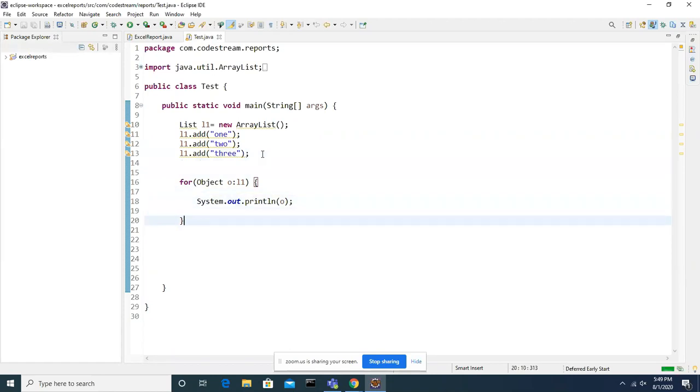I already explained how to iterate, how to extract, how to display all the elements, how to get all the objects from the list, ArrayList. By using a for loop or for each loop, both ways we can use it. Am I right? I think I already explained, right?